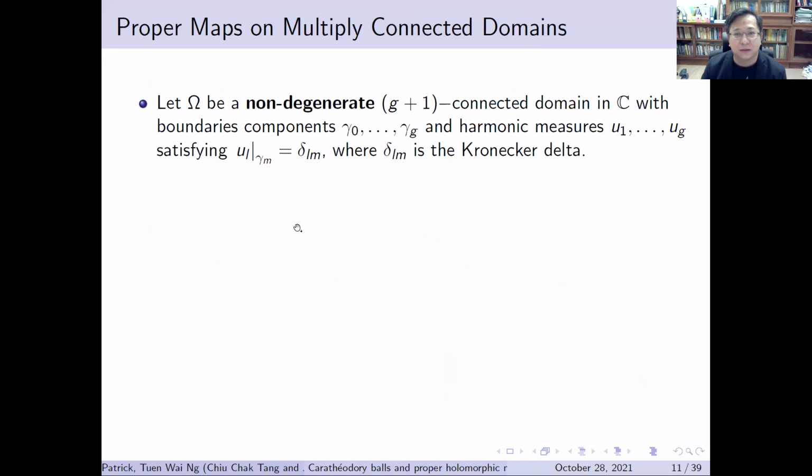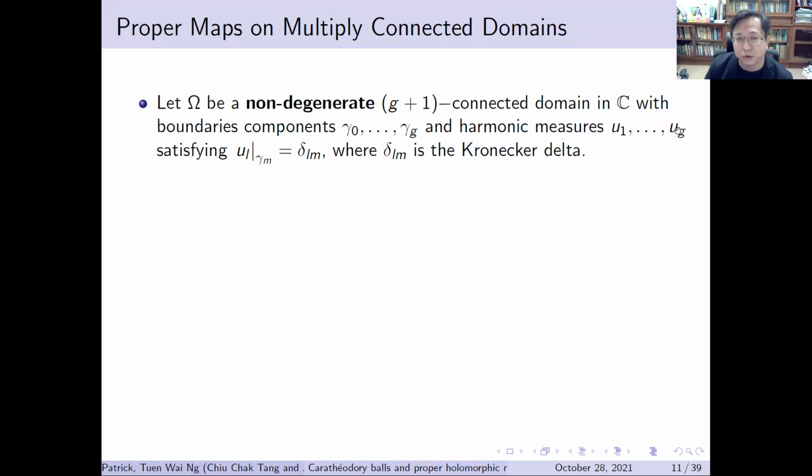Okay. Now, in their paper, they actually also look at proper maps of a g+1 connected domain, with non-degenerate boundary components, and we are using the following notation: gamma 0 up to gamma g to represent the boundary of omega. And to state their characterization,